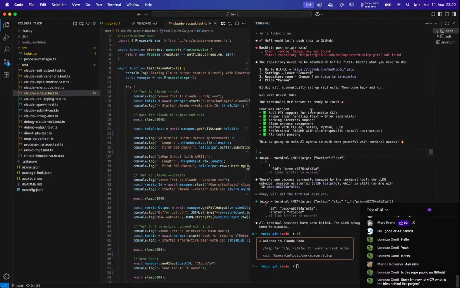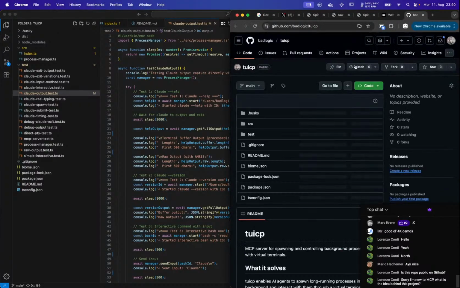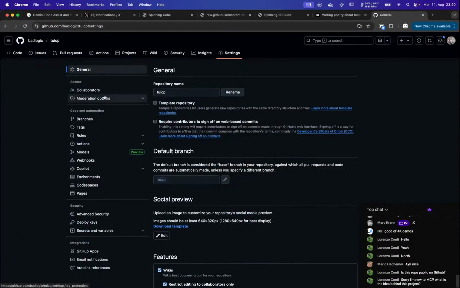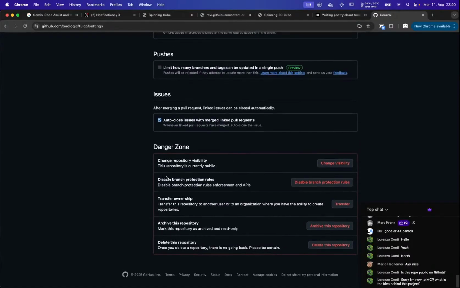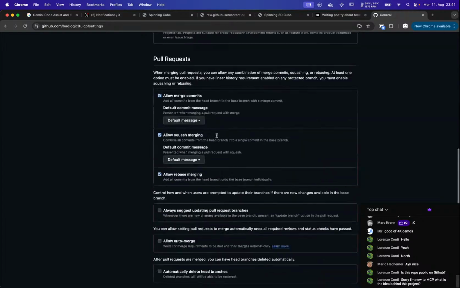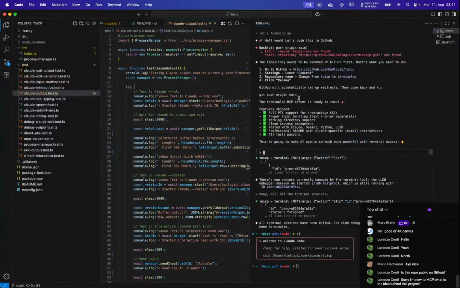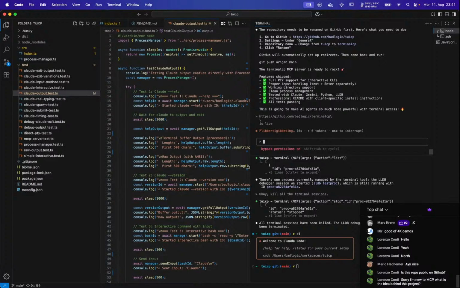The repository needs to be renamed on GitHub first. Here's what you need to do. Oh, this sucks. Settings. The danger zone: change repository visibility, delete, transfer ownership, disable. Rename. Terminal MCP. I know it's enabled. And now rename, please. So,